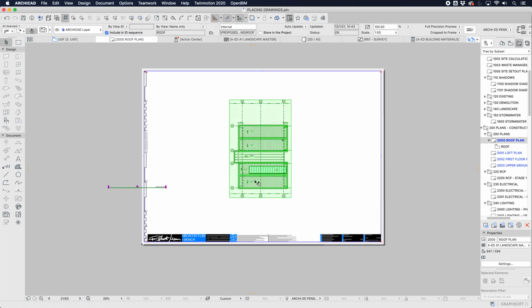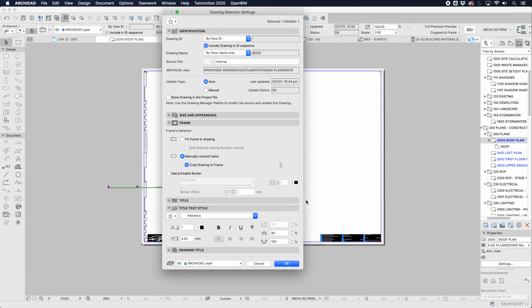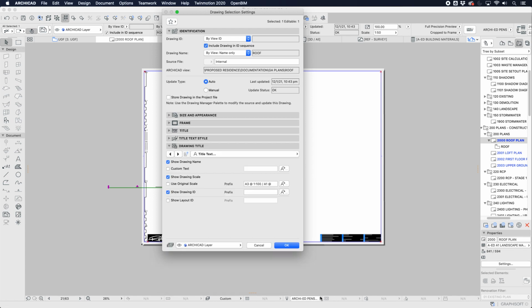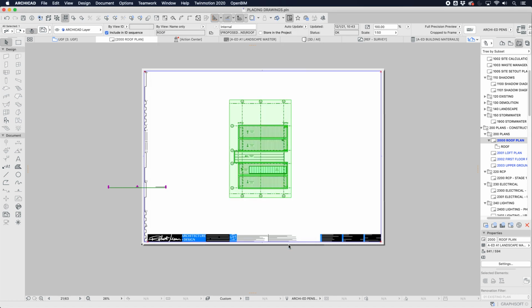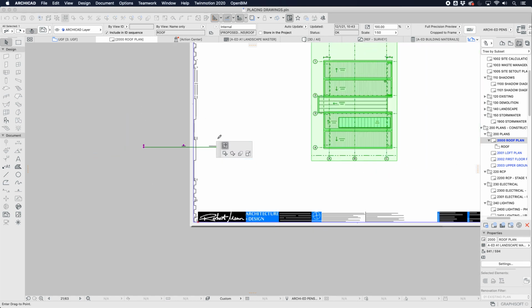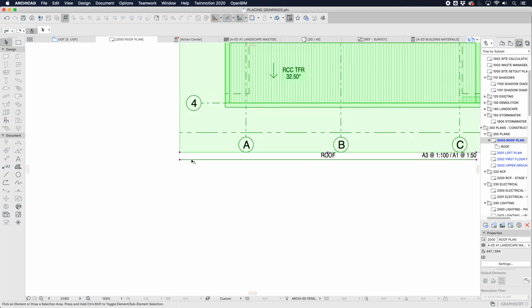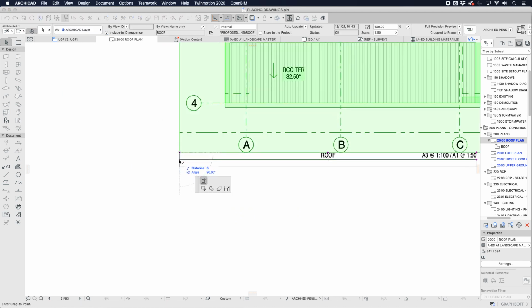And then the title, we see that the title didn't move with it, which is a little bit awkward. If we go into the settings, the title can be adjusted and we can change the type of title. I'm not going to go into too much of the settings of the title here, except to note that we can actually adjust it if we want to. And I have customized mine. All we're going to do for now is just pick it up, drag it, and move it, and lock it in place at the bottom,